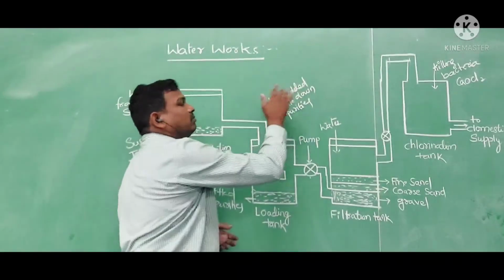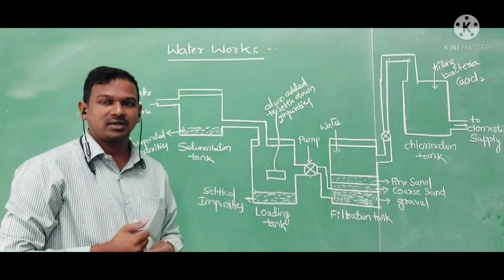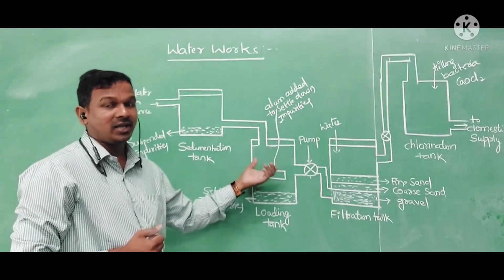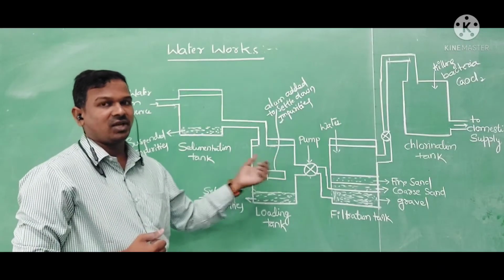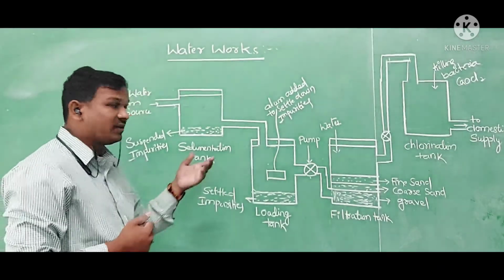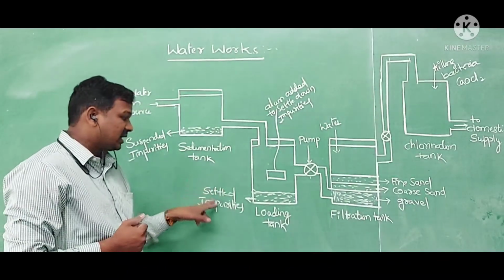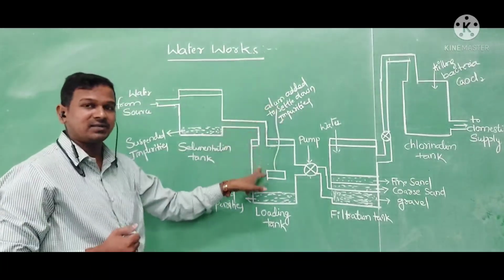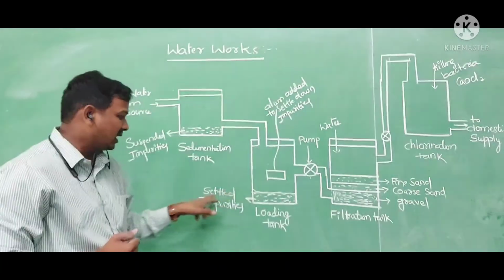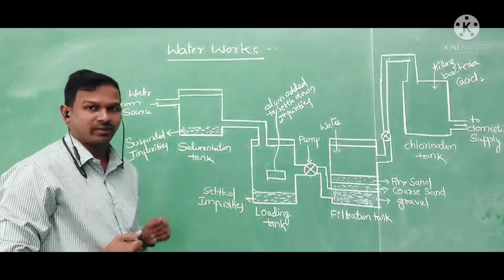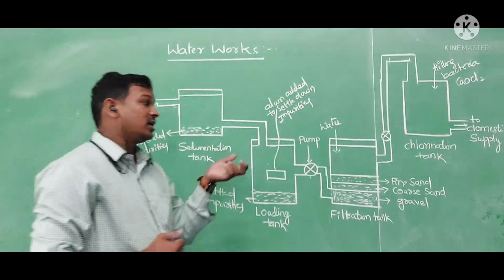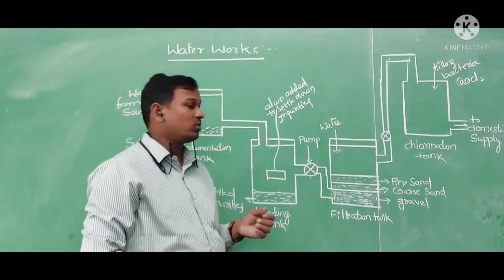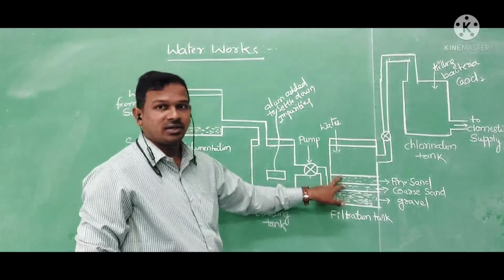With the help of the alum inside the loading tank, we can separate the less dense particles. This alum attracts the low dense impurities which are inside the water. How will they be separated? With the settled impurities. So what is the process here? Alum attracts the particles inside the water, which settle at the bottom as settled impurities. Later, this water is again pumped to a filtration tank. In this, we have a 3 layered filtration tank.